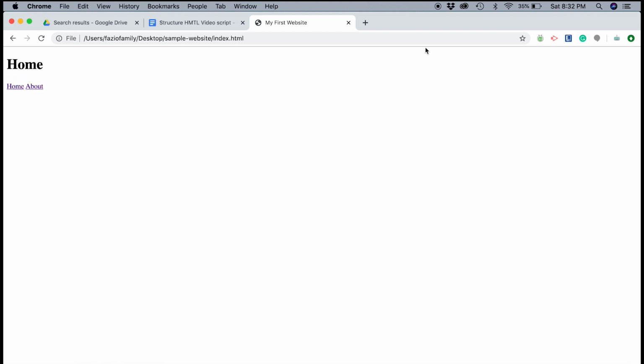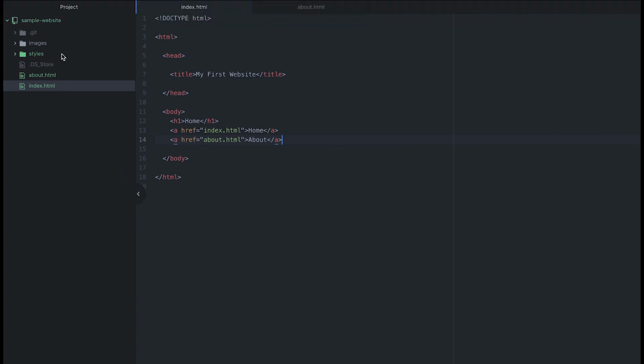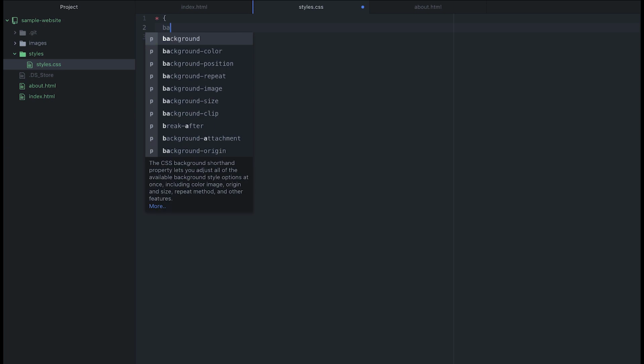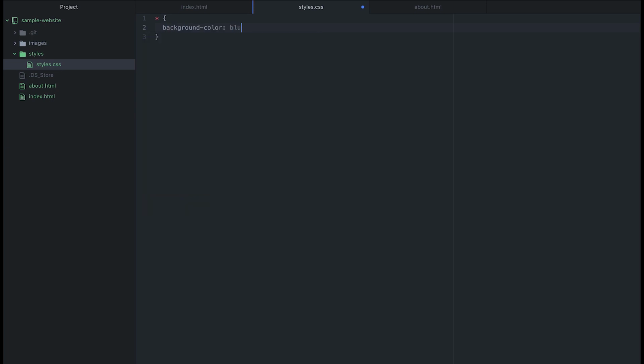You may be thinking, this is great, but no one's website actually looks like this. If this is the case, what you need is CSS styles. CSS is another programming language used to add design to one's site. Begin by opening the styles.css file we created earlier. Then type asterisk, curly brace, background dash color, colon, blue, semicolon. Also type h1, curly brace, color, colon, yellow, semicolon, font family, colon, sans serif, semicolon,